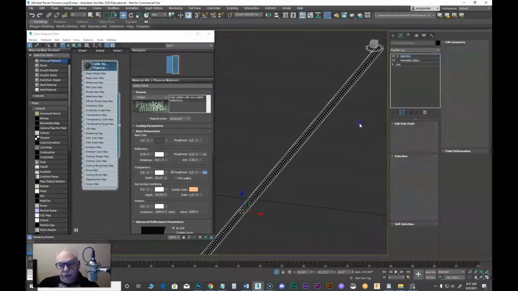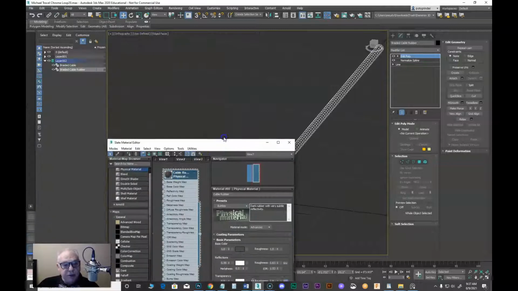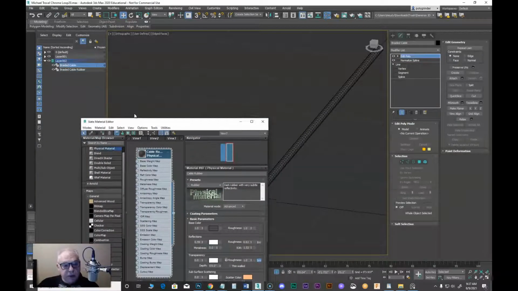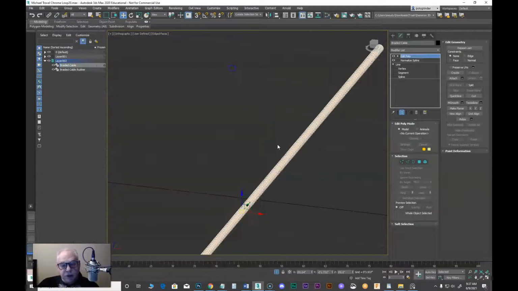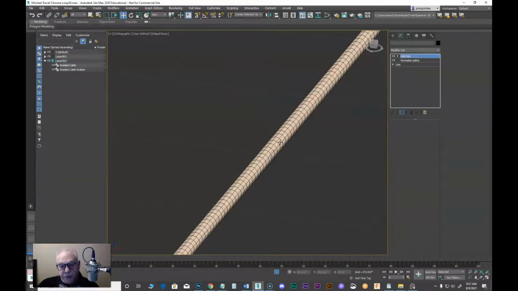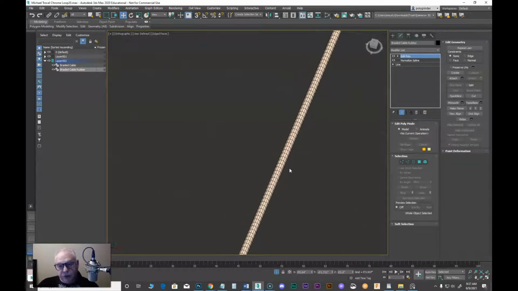Okay, so what do I have picked here? I have the cable rubber, so let's assign that. And then the braided cable, we'll assign this to it. So now we have those materials in there. Okay, so now for the braided cable, what we're going to do is we're